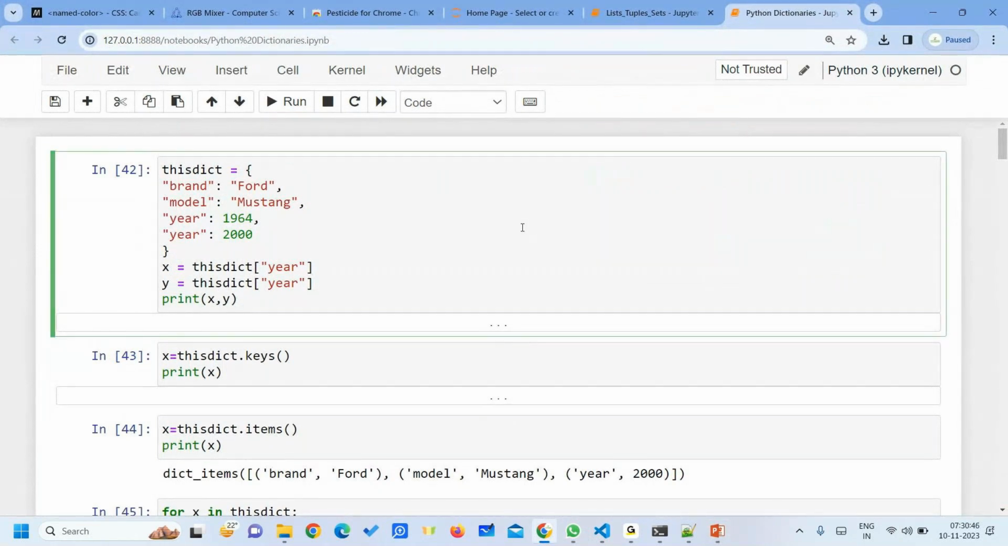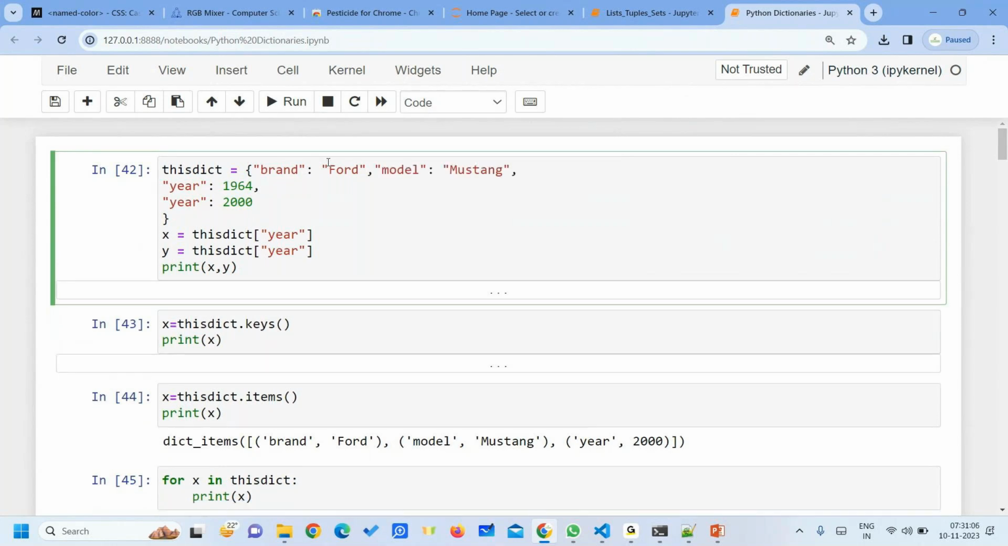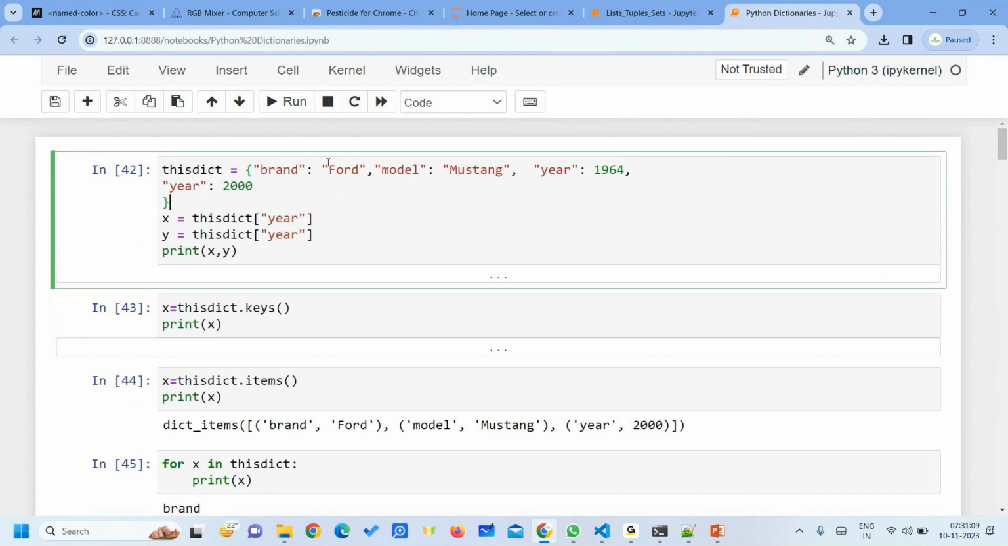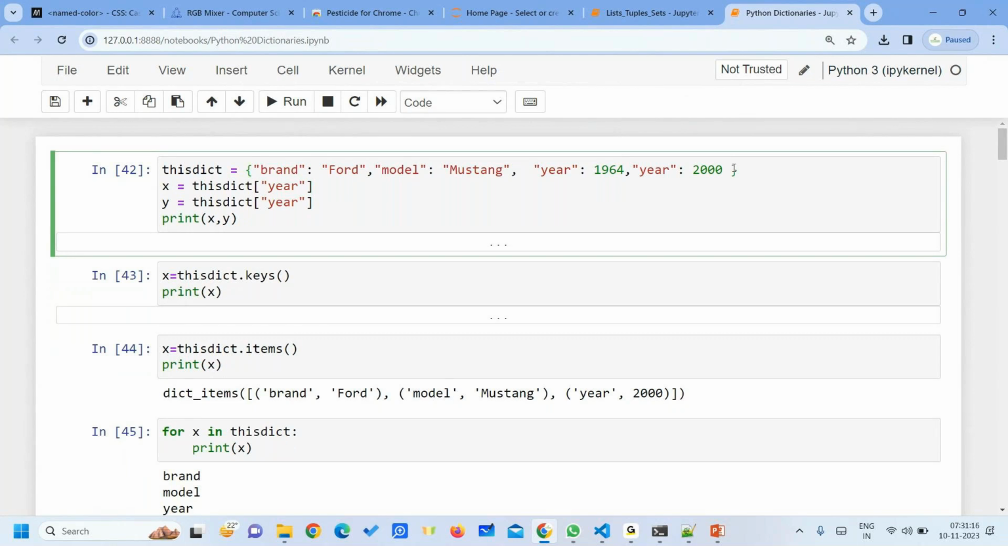Okay, see here. We have declared a dictionary. We can also give it like this, inside separate lines. This is a formatted way, or you can also give it like this. In a single line also we can declare a dictionary like this. But see, as I told you, here year should be only one, right? See, in our dictionary properties,